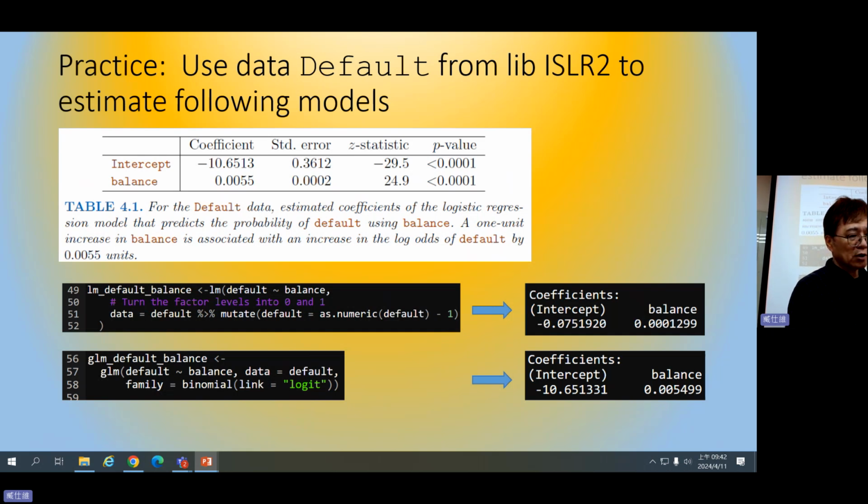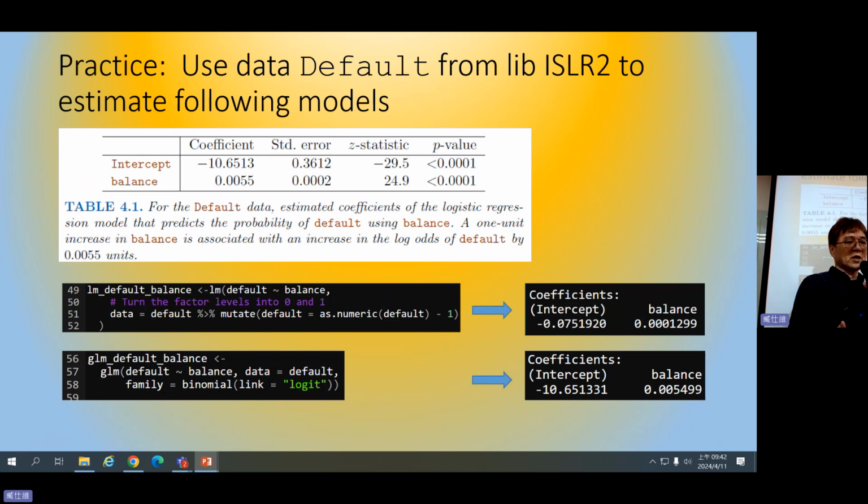So for example, in table 4.1, this case is about student default probabilities based on the credit card balance.